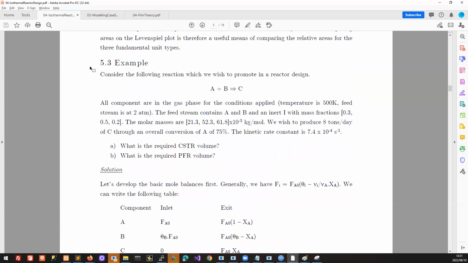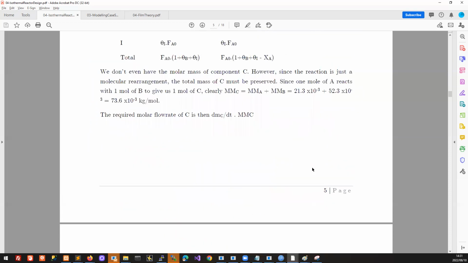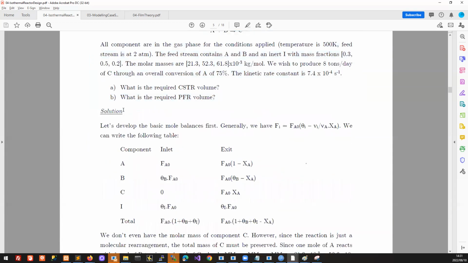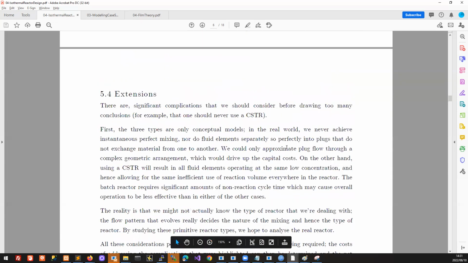What are we doing here? So you are given this problem. Okay, this is a little bit of a different point. We'll come back to this. I want to keep going with this stuff. Okay, so